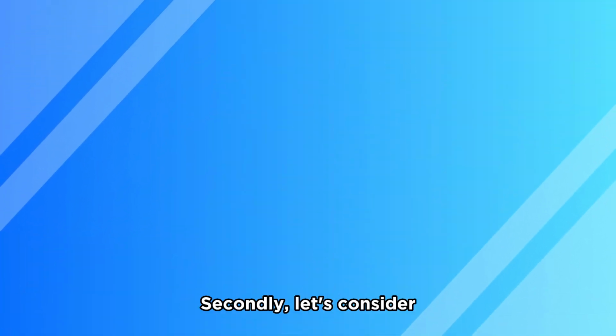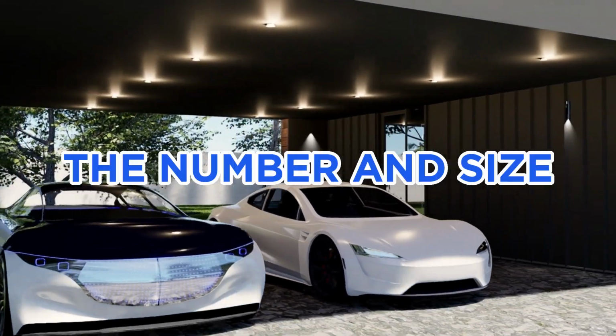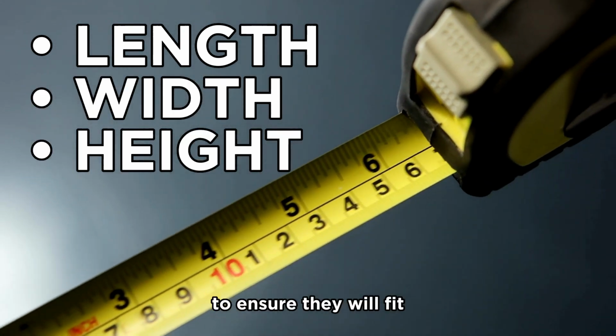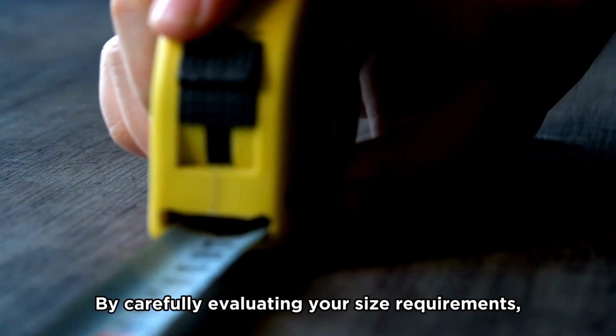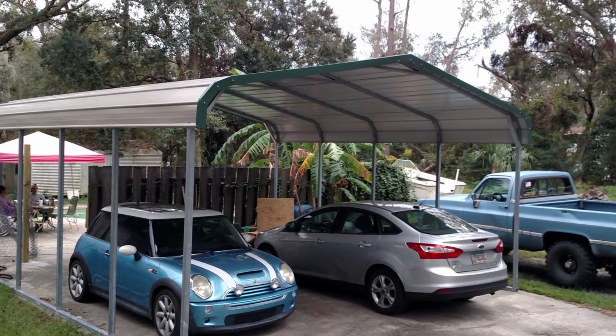Secondly, let's consider the size requirements of your carport. Take into account the number and size of the vehicles you intend to shelter. Measure the length, width, and height of your vehicles to ensure they will fit comfortably within the carport space. Additionally, think about any extra space you may need for storage or other activities. By carefully evaluating your size requirements, you can ensure that your carport will adequately accommodate your vehicles and provide the